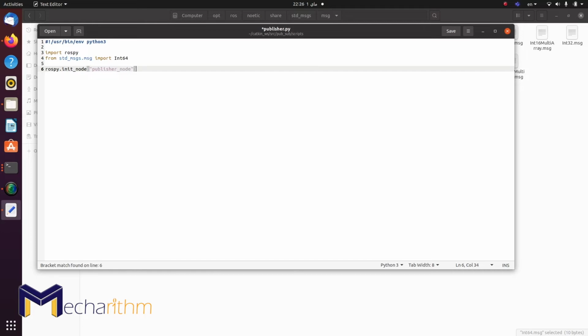Yep, and that's it. I know that many of you who may be used to C or C++ are used to writing a semicolon at the end, but we don't do that in Python, right? We just stick to this format. And then after I initialize this node, I need to indicate that I have to have a publisher inside this